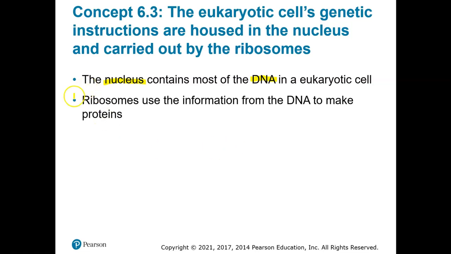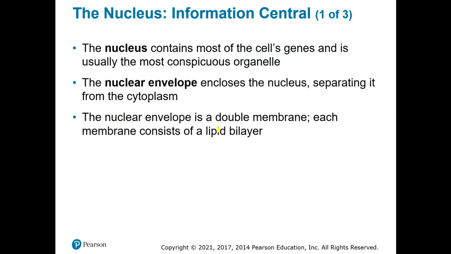Ribosomes make proteins, so what ribosomes do is use the information from the DNA to make proteins. So when we say DNA codes for our traits, what DNA really does is code for specific proteins, which do